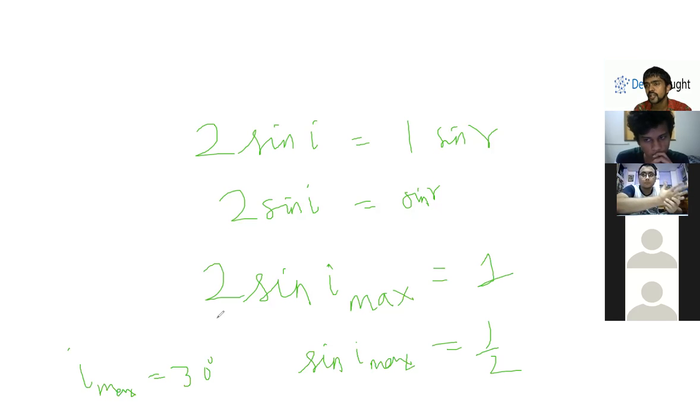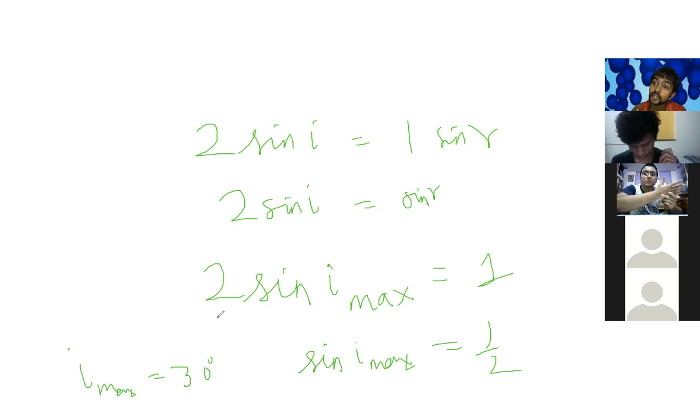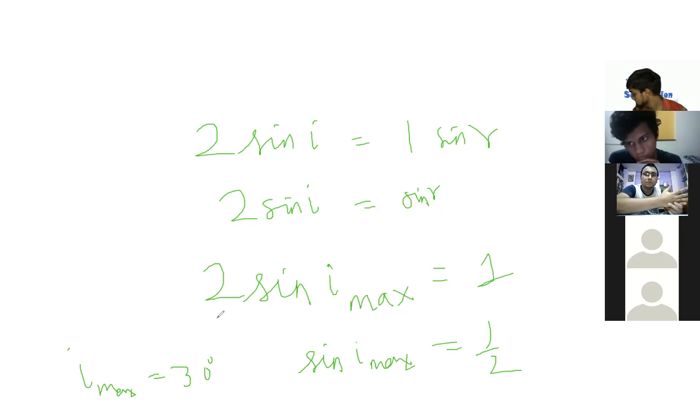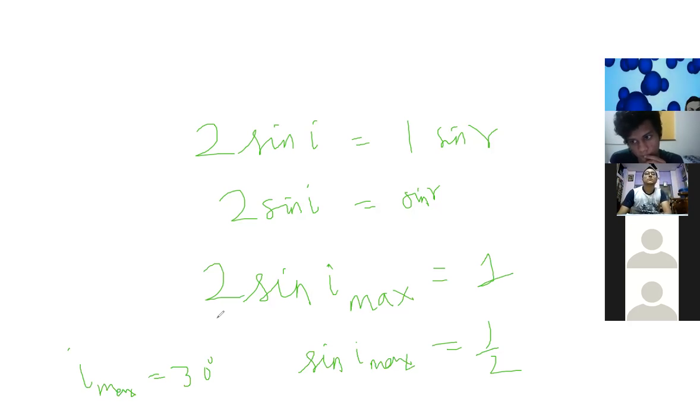So if you increase I a little more, what will happen? You learned in your class. Total internal reflection. Yeah, so we call this the critical angle. Why do we call this critical angle? Because above that, there's no more refraction. It starts reflecting. Exactly. Because there's no more refraction, Snell's law is